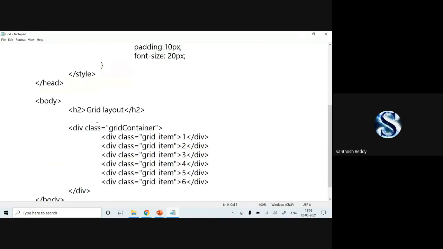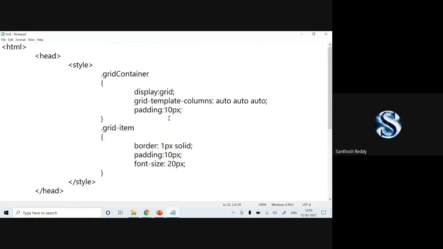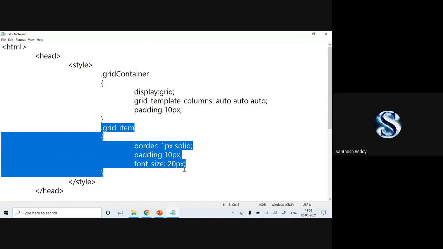Why? You can check here: this grid class is equal to grid container. This has been given for one division. Suppose the division width is some 500 to 600 pixels, we can apply that also. Next, dot grid hyphen item. This will be applied only for your data.